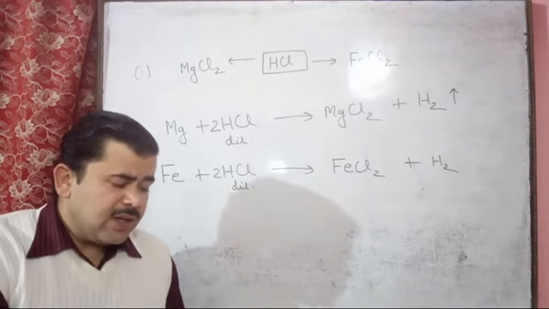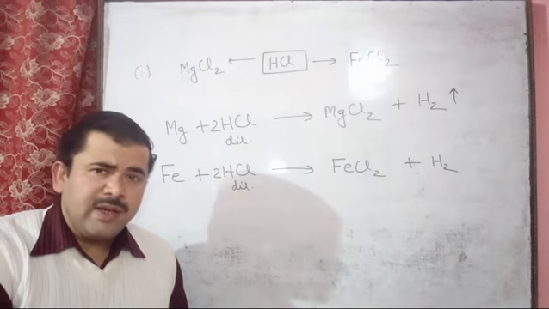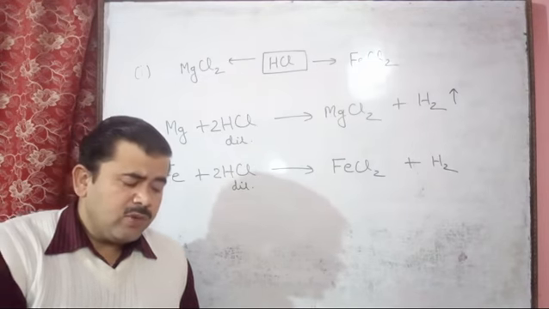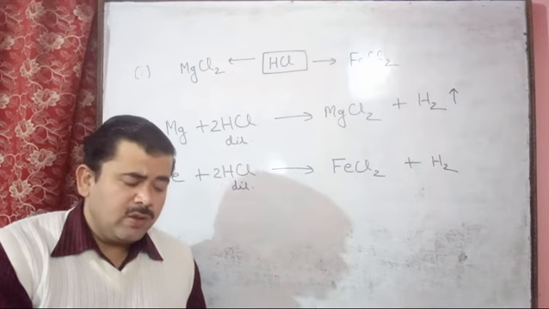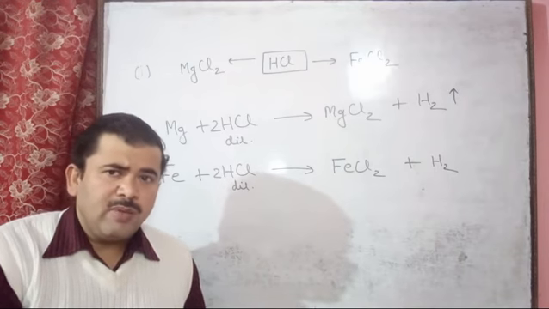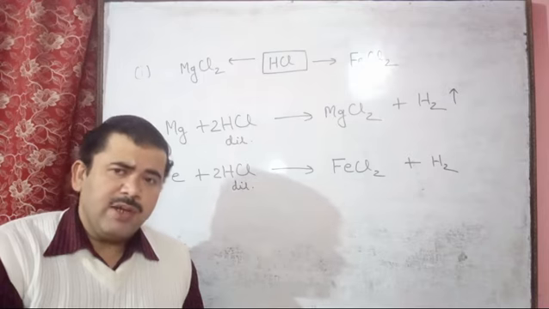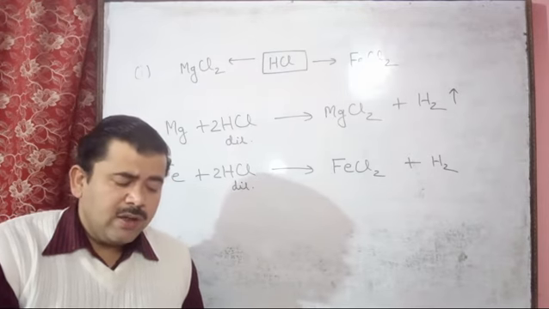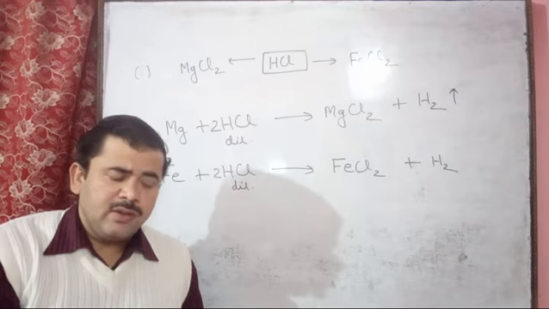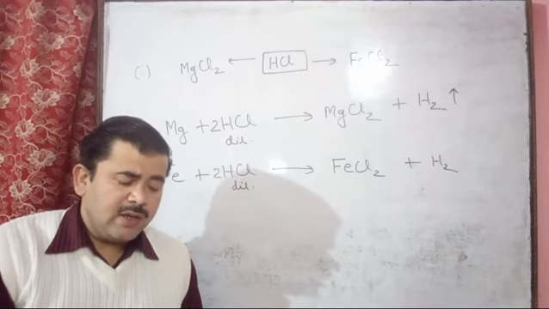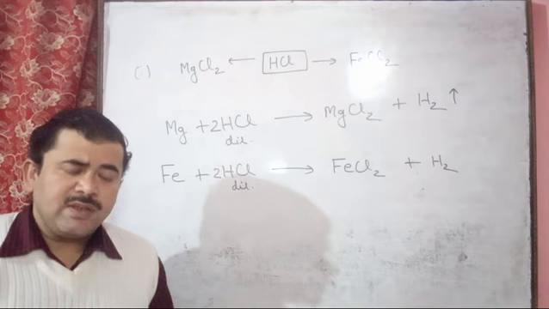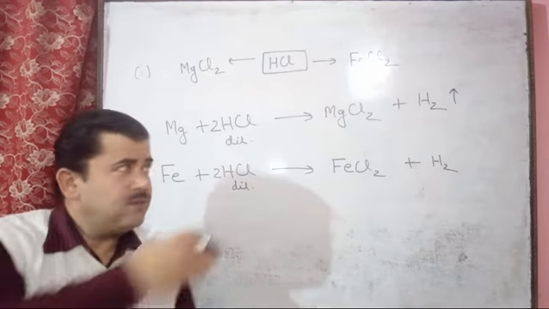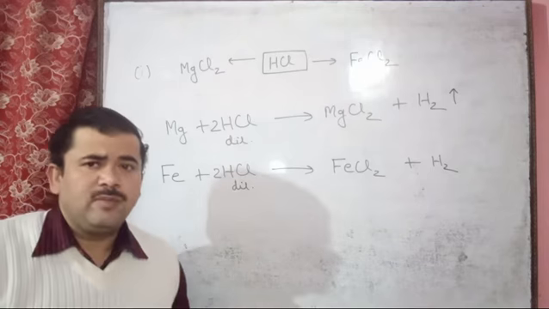So here in the second case, potassium hydroxide as a reactant in the box written. So by the potassium hydroxide you have to get the potassium aluminate. So we know that when the aluminum reacts with the potassium hydroxide, we get the potassium aluminate. And in the same manner here potassium zincate, when the zinc reacts with the potassium hydroxide, we get the potassium zincate. So like this you have to do the other.